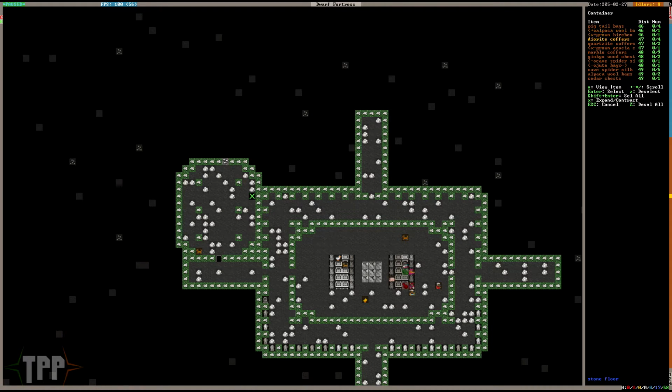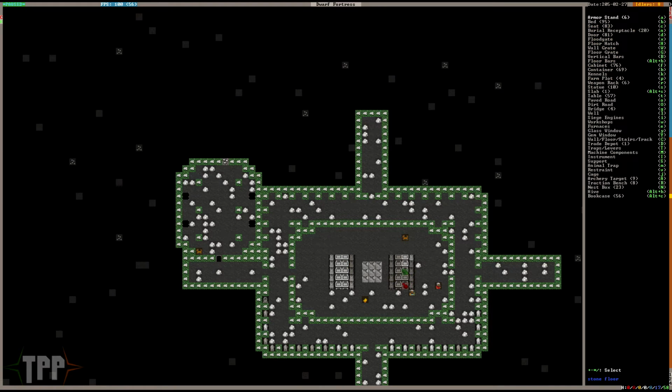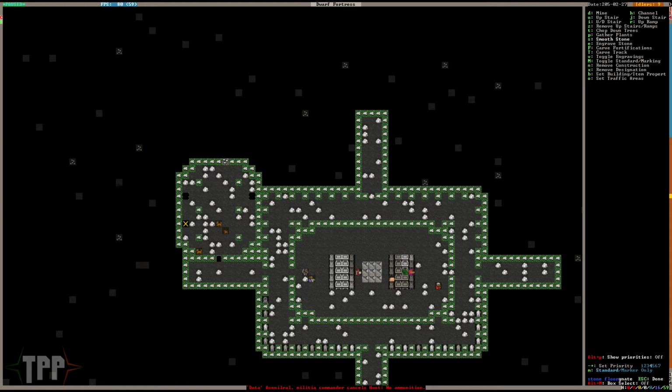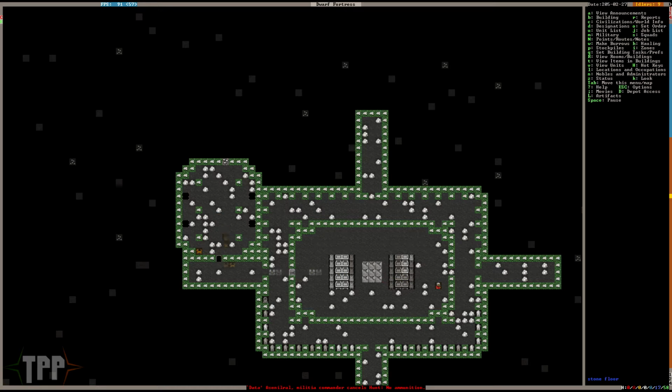Placement. Coffer. Another coffer. Oops, too far. And another coffer. So that'll do that. We probably need to look into making instruments and stuff, but I'm pretty sure we've stolen enough from the elves to keep us going for a while. And we will need to smooth this out. It'll all get smoothed eventually, but...